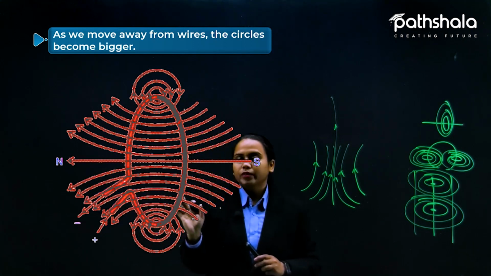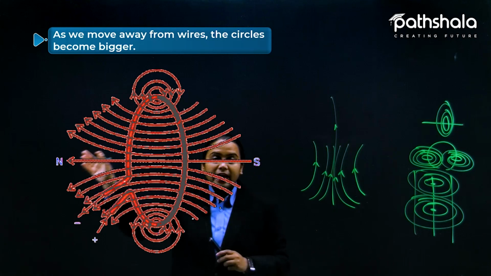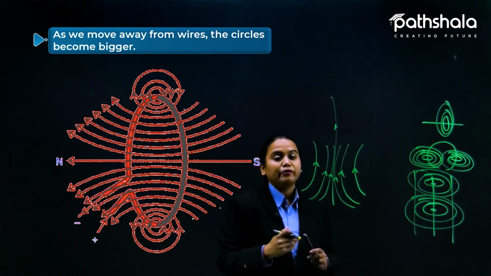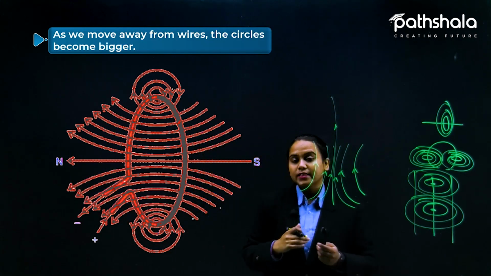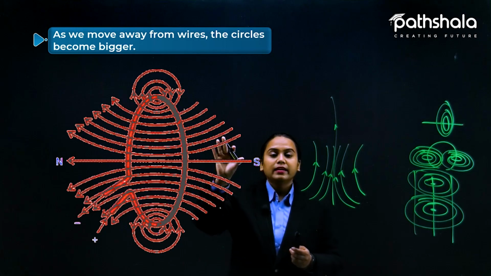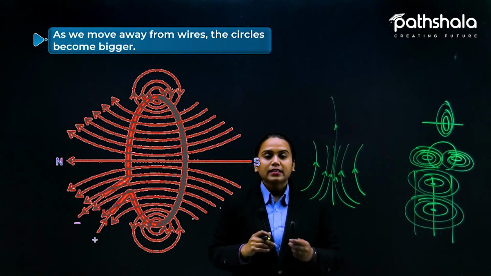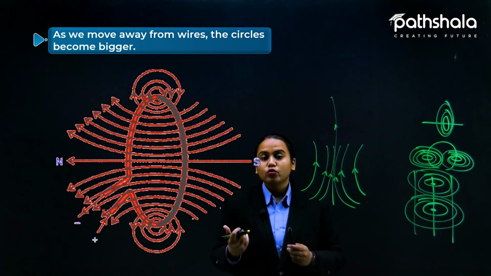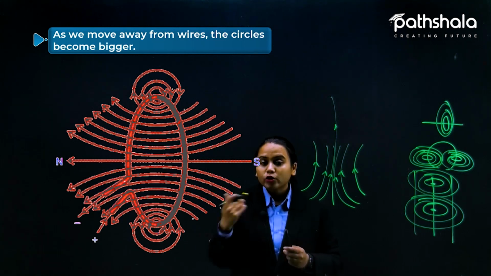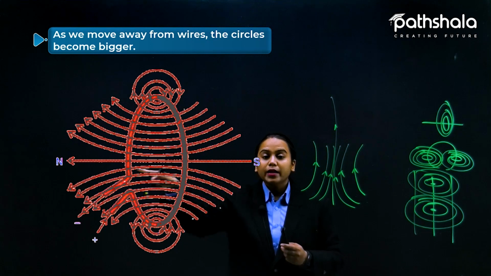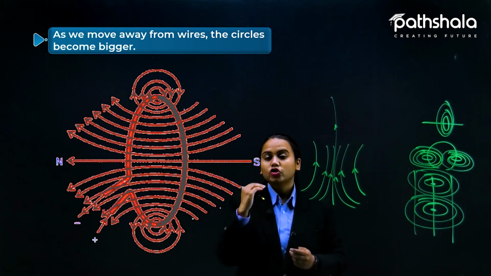Facing the west direction. At the direction where the magnetic field lines are going, that side is treated as the north pole, and here we can see the south pole. So I guess, students, this is going to be clear to you, because the magnetic field lines are going to be bigger, and this center line is going to be treated as the straight line at the point.